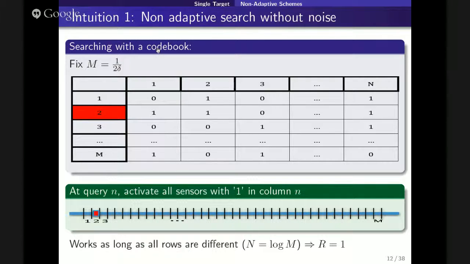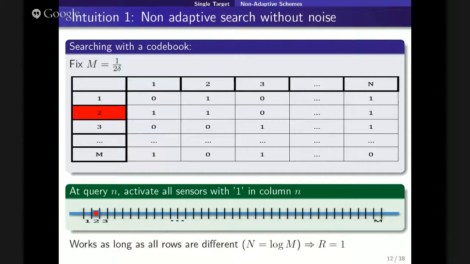And we do the querying in the following way. In phase 1, for example, let's call these small subsets sensors. We turn on all sensors which have a 1 in the first column. So for example, in the first query, we don't query the first one, we do query the second one, then not the third, and then a couple of things in the middle and the last one. In the second query, we query the first, the second, not the third, and maybe a bunch of things in the middle, and so on. So this is how we search.